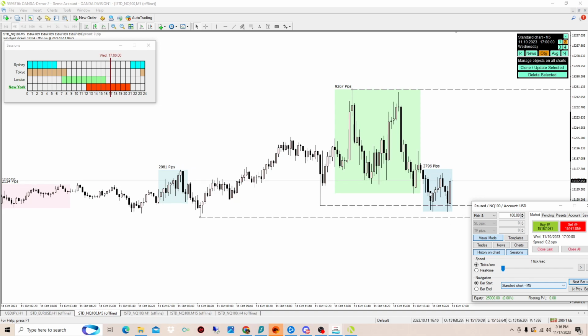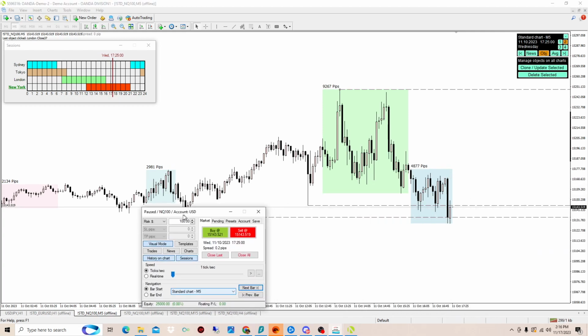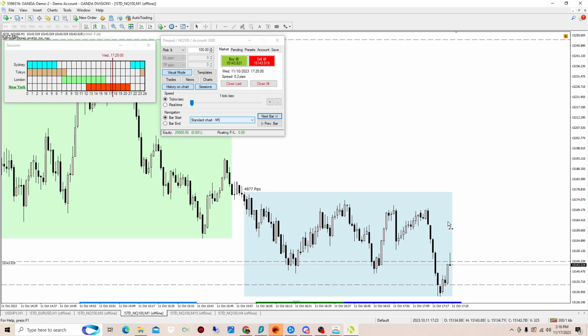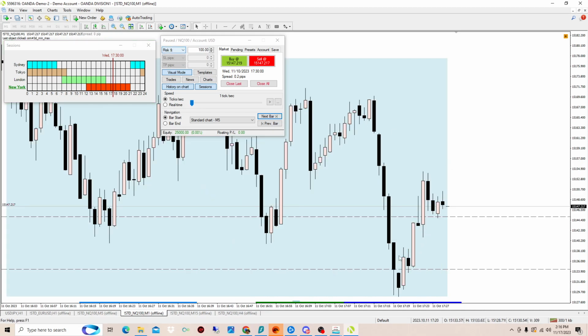All right, so we do have a double bottom getting formed here, and this is when, all right, I was just going to say this is when it starts getting a little iffy. Here we have that sweep and then a green candle. So now we go into the 1 minute and we look for that break of structure that we were talking about. I'm going to skip to the 5 minute just because, okay, so here we do have a swing high right here,